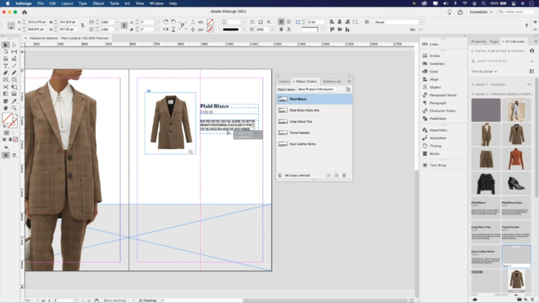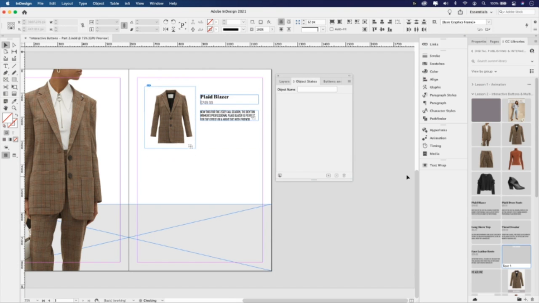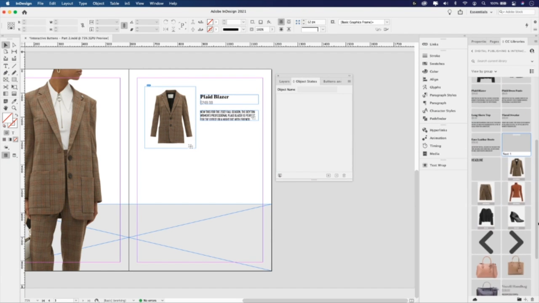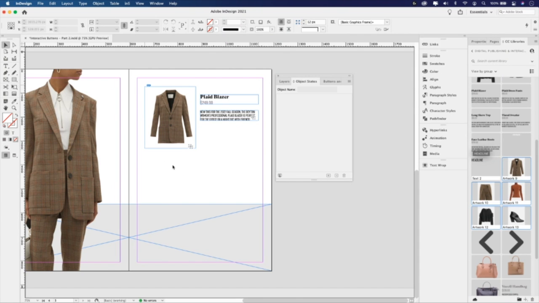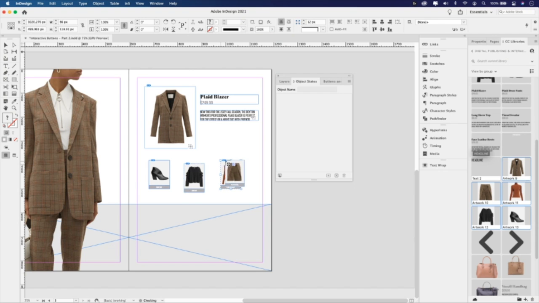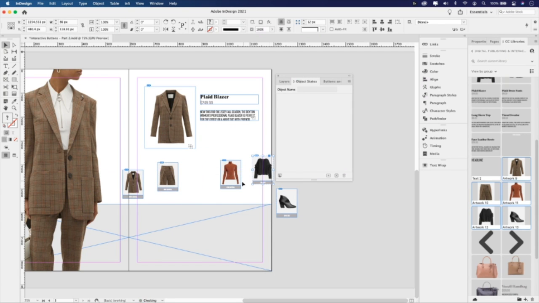Okay, so what I want to do here, let's bring these up. We have to bring in each one of the cards that I created. Artwork 9, 10, 11, 12. It's basically a duplication of the images. So let me bring those in and show you what I mean. I'm going to drag those and just drop them right underneath again. I have to reverse them. So let's move boots over here, pants second, and then sweater.